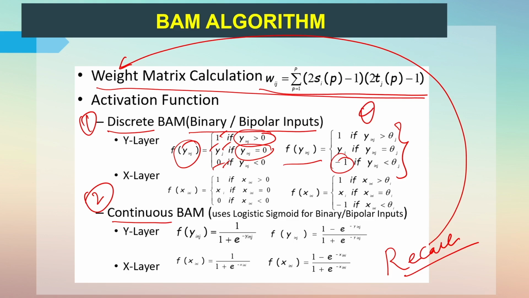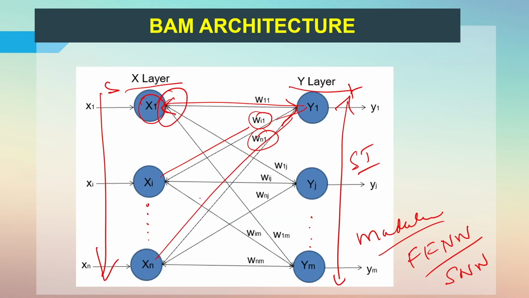The same thing applies for the X layer also, f x in j. Why x in j? Because the network arrows are from here and here, see, the arrows are here. So now we have to calculate the total net input in the X as well as the total net input in the Y. If you recall our previous presentation on the learning algorithms of a neural network, you can very well identify what is meant by net input.